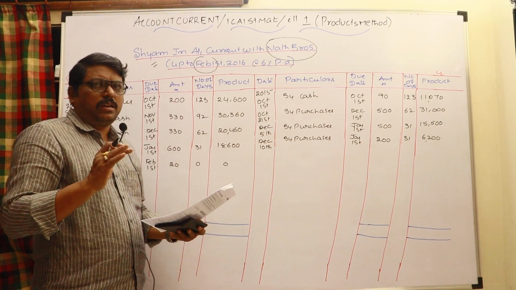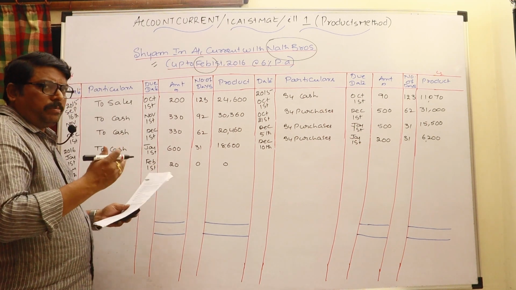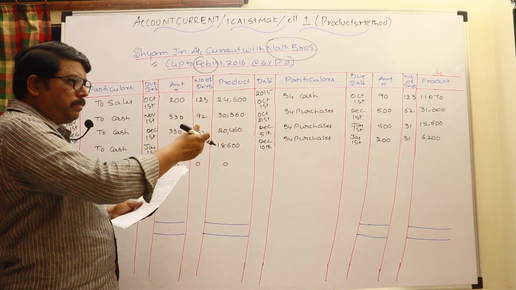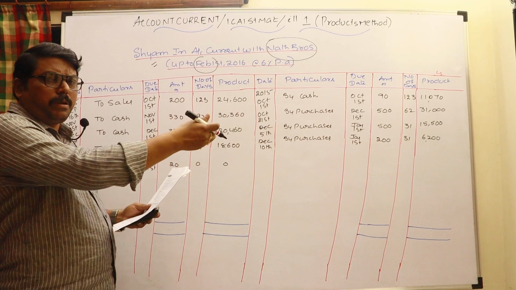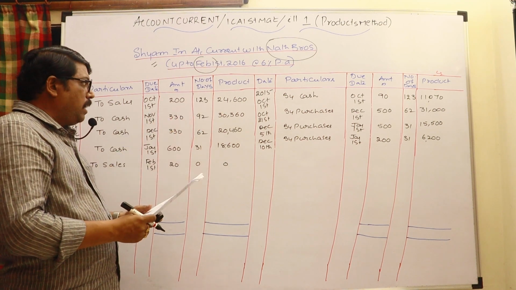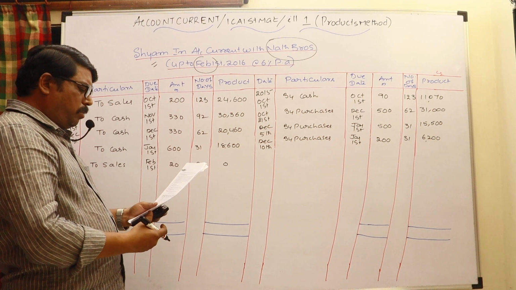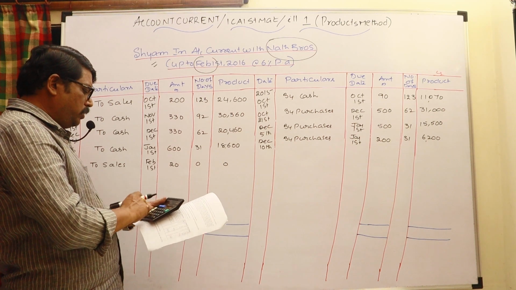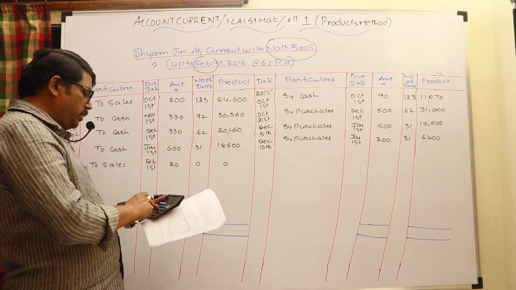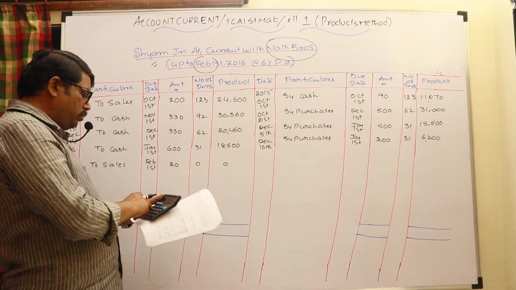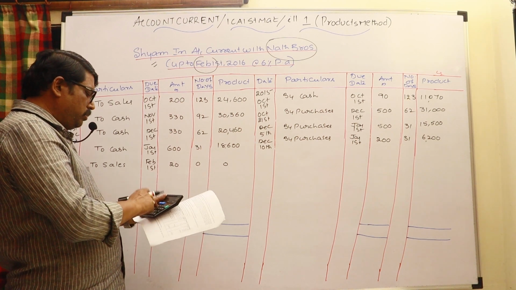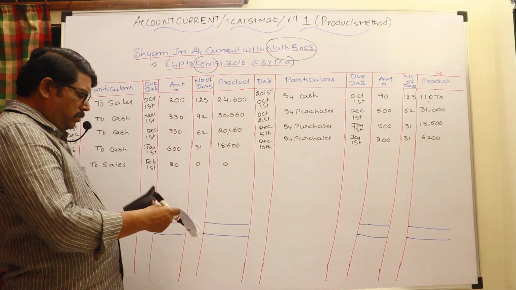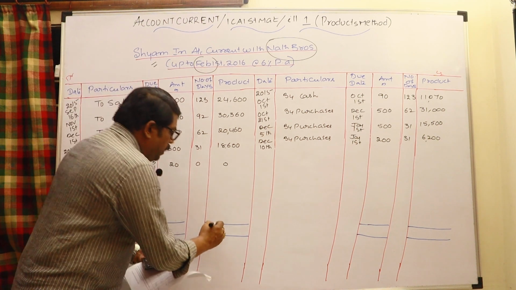This is the way to calculate. First write the simple entries in the personal account. Calculate from the due date to the settlement date, take the number of days, multiply the amount with the number of days and get the product. After completion of this, go for the balance of products. It looks like the debit side is more. Let us total the debit side: 24,600 plus 30,360 plus 20,460 plus 18,600. Therefore it is 94,020. Write on both sides.